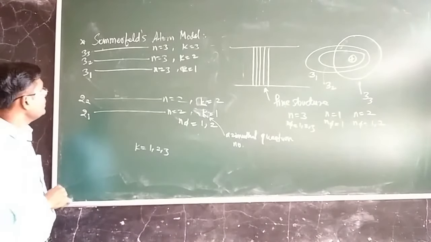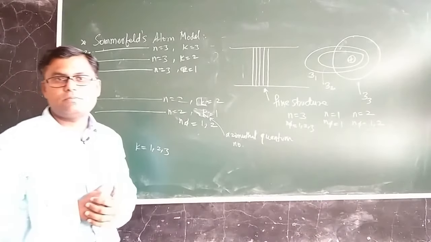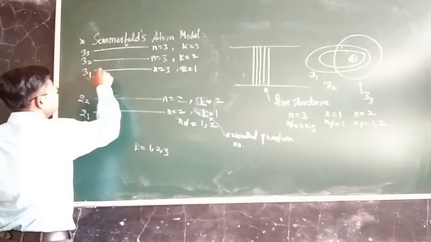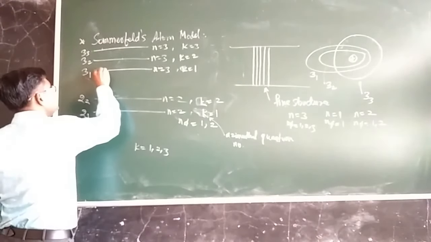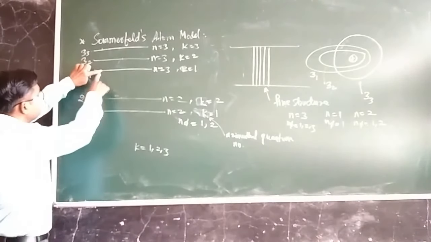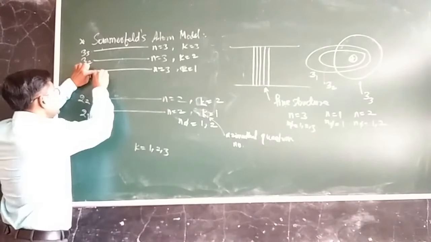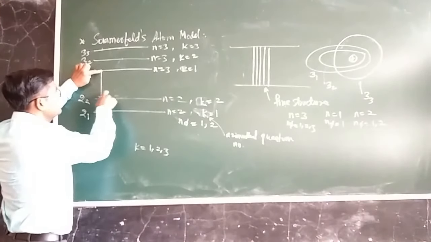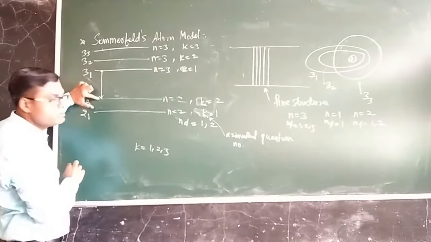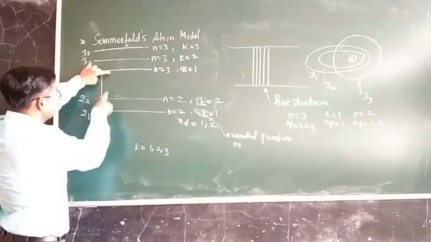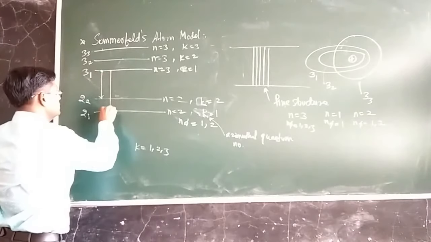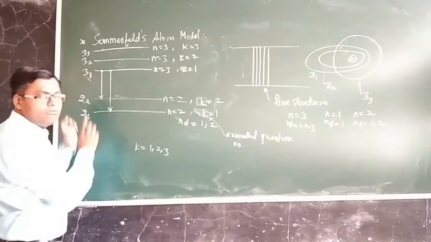Now how will the transitions be? Suppose the electron is at a higher energy state, so it can be anywhere. Suppose that initially it is at this particular position. Then it can make a transition to this position, and one photon will be emitted. But it is not necessary that the electron should make the transition to this particular level only. The electron can make the transition to the lower level also, the n phi or k equal to 1 level. So this transition, again we will get one photon.